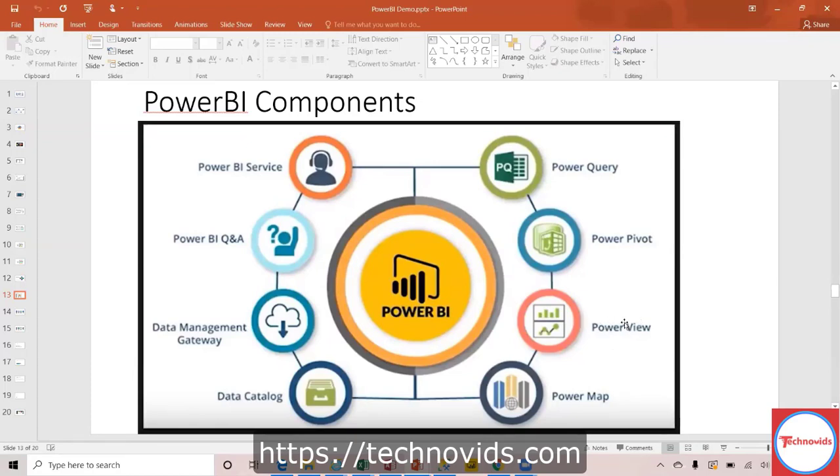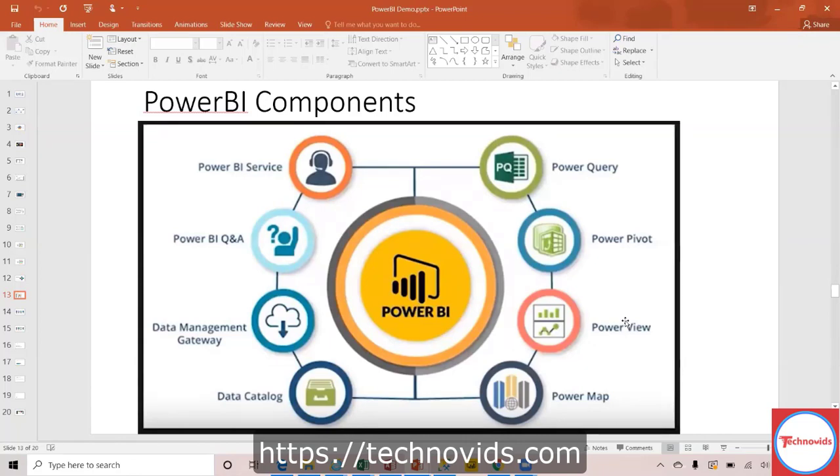We use reports, dashboards, and all those things, correct? So this is the component which is used to build the visuals. In other words, we also call them visuals in Power BI. Visualizations, right? Visualization doesn't mean only graphs and charts. Visualization can be data also. Data also you can view. So that is the visualization part.